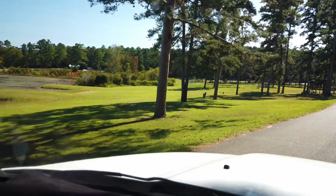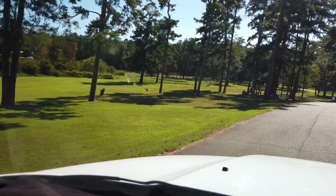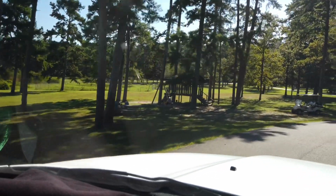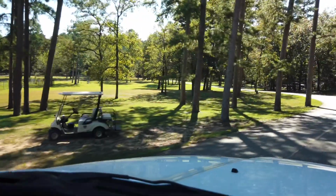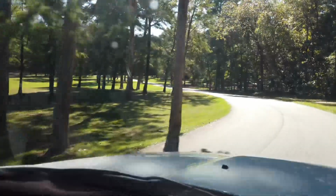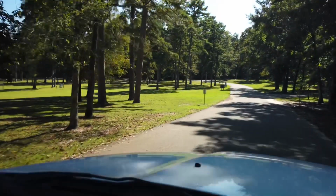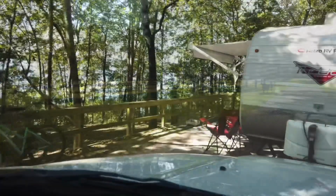Another playground. It's so cool. It's like a little tree house. They have a few of these around the campground. Yeah, this is a real nice campground. I'm telling you guys, for those of you with little ones, oh my gosh, children would love this campground. There's so much to do here, so many play areas, lots of shade. Now the loops on the inside, they're nice. They're nice enough that we find that they're, well, at least I find that they're shorter. So anyway,